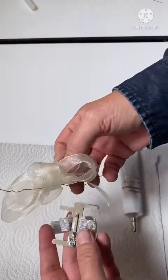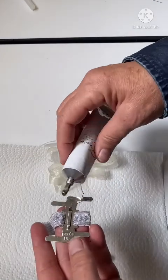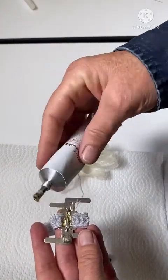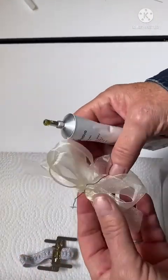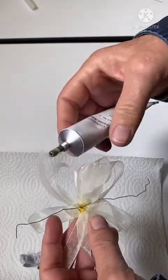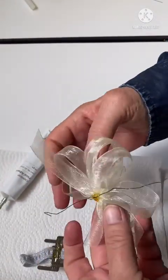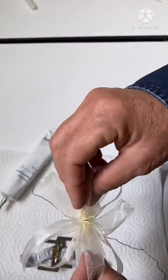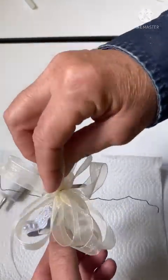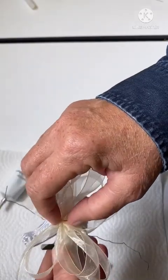Now, because we're using the cold glue and it takes a little longer to dry, we're also going to wrap these wires around it to make it more secure. So you take your bow and you place it on the band,